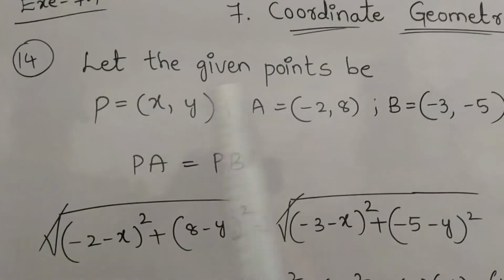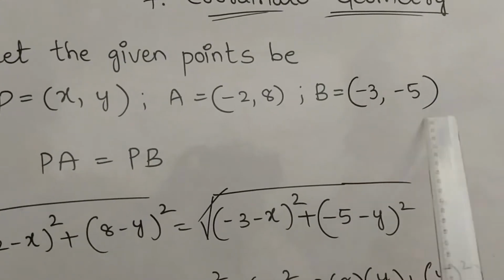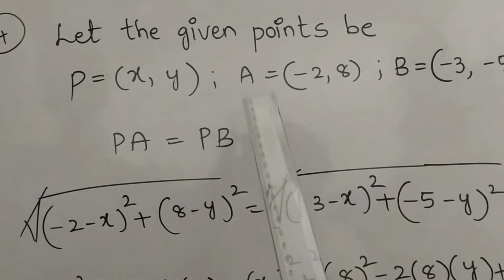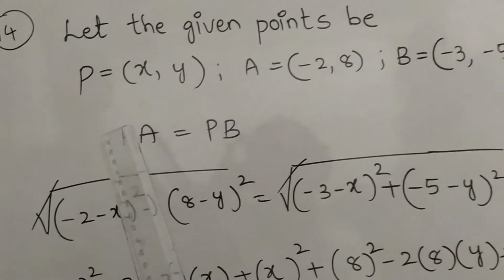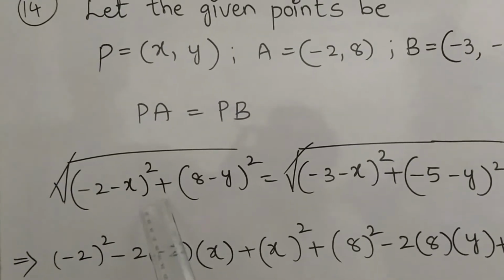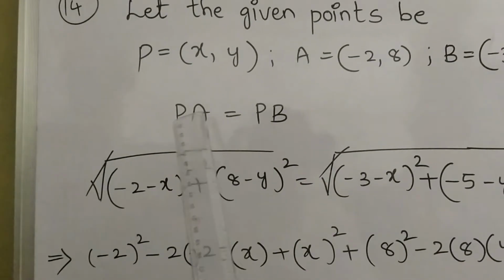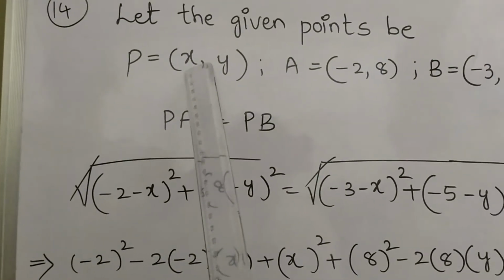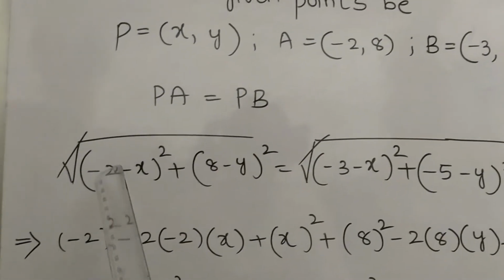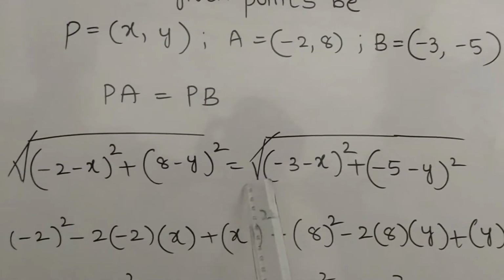Let the given points be P equals (x, y), A equals (-2, 8), B equals (-3, -5). So here one condition is given. This point P is equidistant from A and B. Hence we are taking PA equals PB. Let us take the distance formula, that is under root of (x2 minus x1) whole square plus (y2 minus y1) whole square. Now when we consider first PA, then we will take this as x1, y1 and this as x2, y2. According to the formula we will get here (-2 minus x) whole square plus (8 minus y) whole square, that is equal to under root of